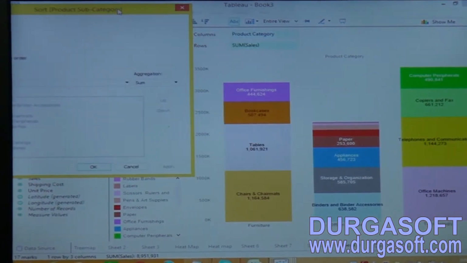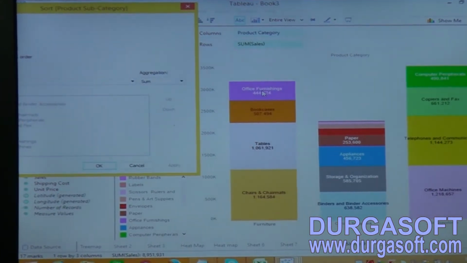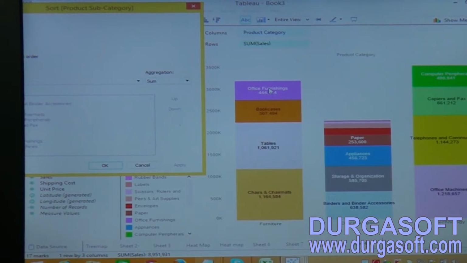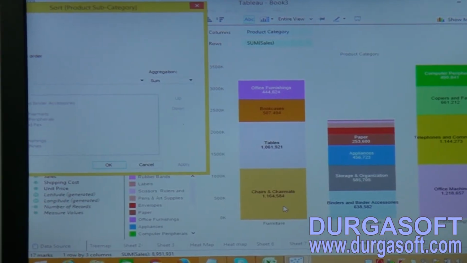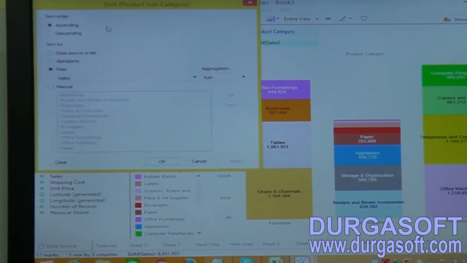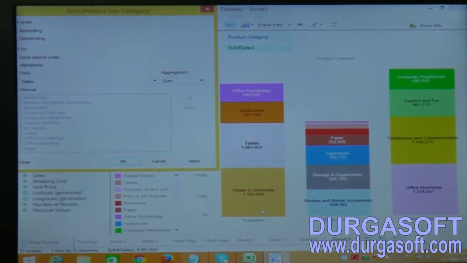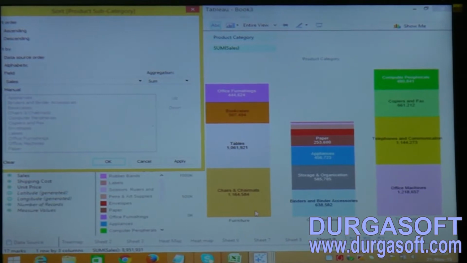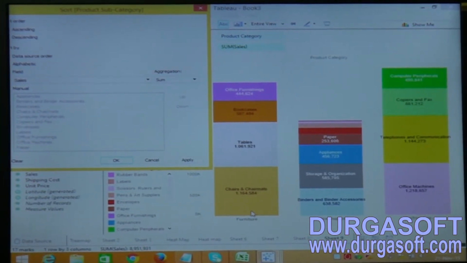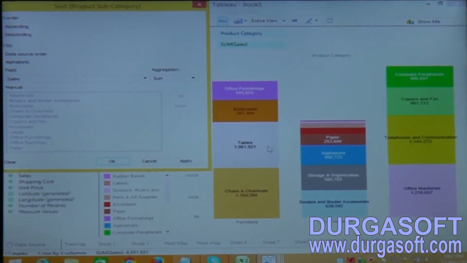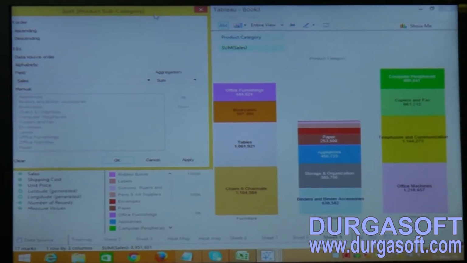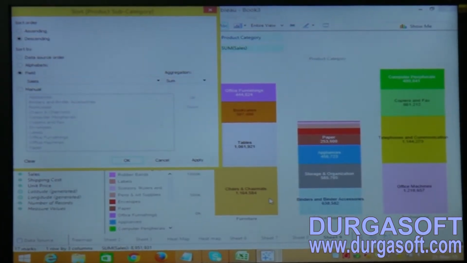Now see, the data has been updated from low value to highest value. If I click on descending, the bar will show from the other direction. Now click on descending and click on this.